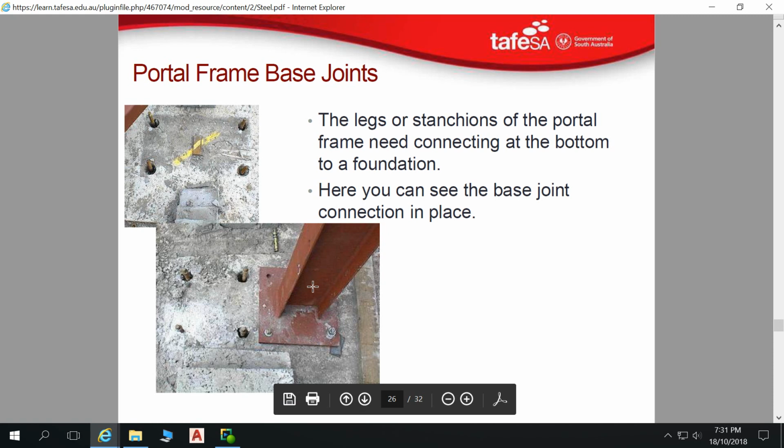So our portal frame base joints, so the legs or stanchions of the portal frame, need connecting at the bottom to a foundation. Here you can see the base joint connected in place. This is a detail I would most definitely not be happy with at all. Yeah. If you saw that on site,